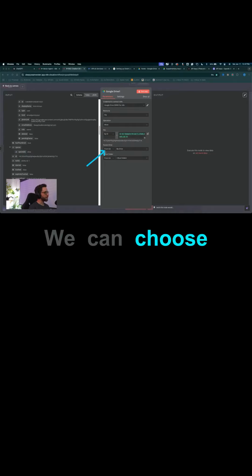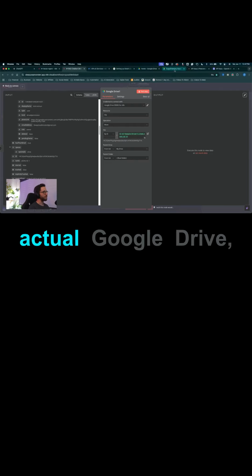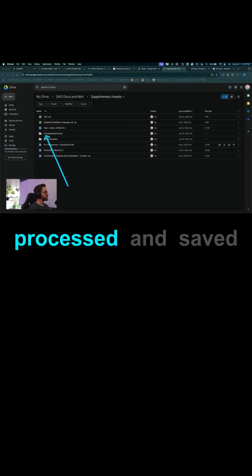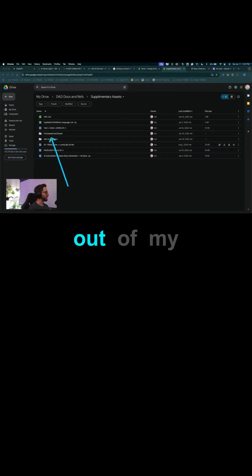by ID. Now we can drag this ID from the spaces in there. We can choose a drive from Google Drive, and we can choose a folder. So the folder I want to move to, let's take a look at my actual Google Drive. I want to move files to the processed and saved folder, out of my automation folder and into the processed